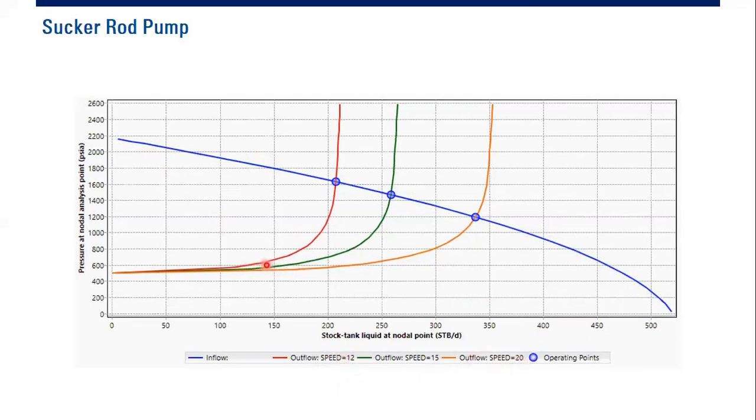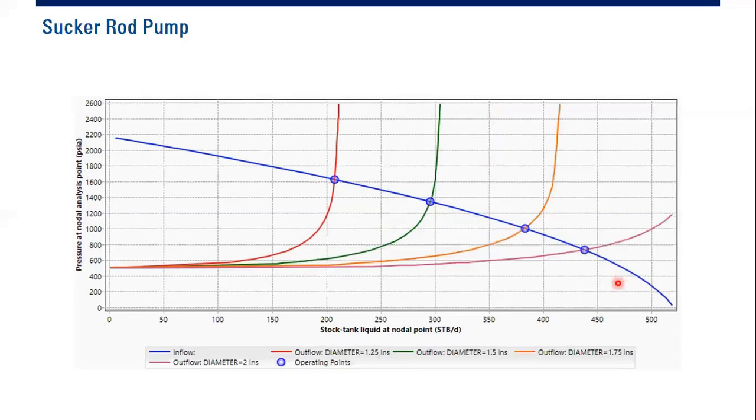Of course, with higher speed, higher strokes per minute, I get a higher flow rate. I don't change the IPR. There is no change in the formation characteristics. I just change the wellbore performance, or the artificial lift performance, by changing the speed or the strokes per minute. And if I change the plunger diameter or the pump diameter, I will have this one.